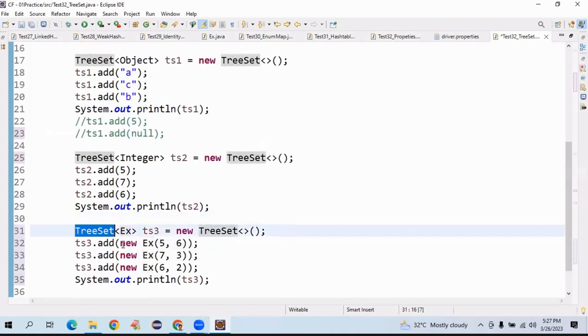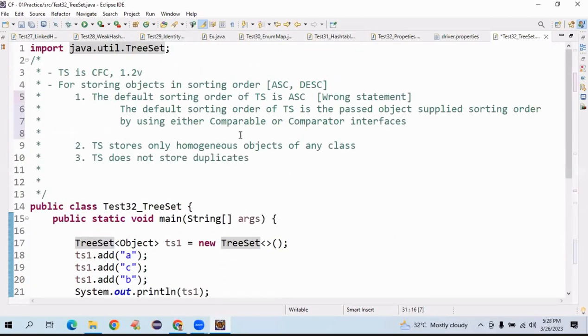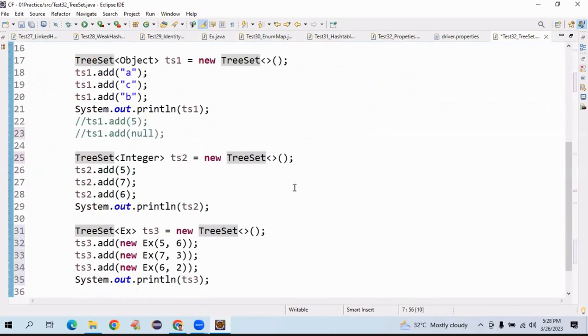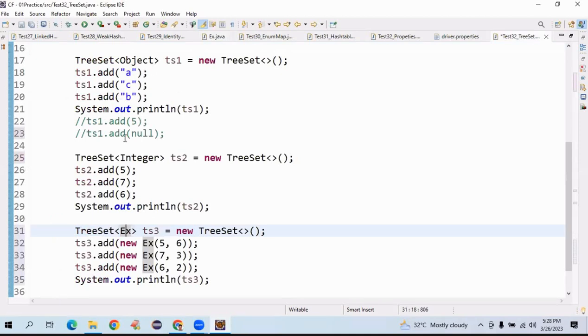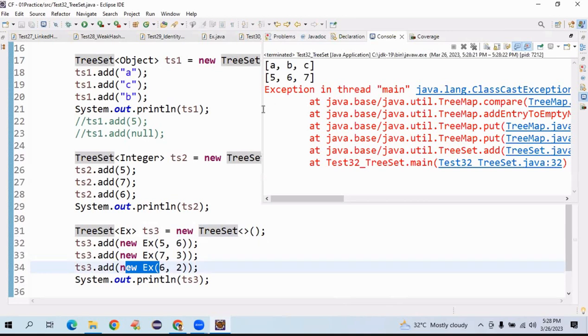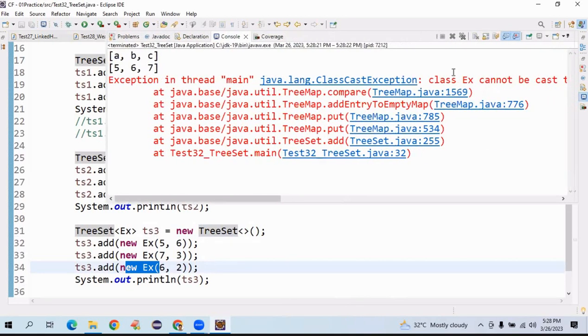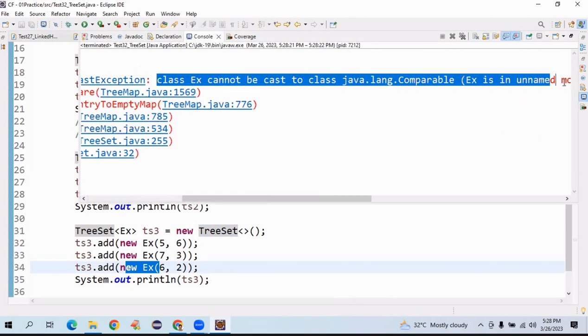TreeSet will not directly store the objects on its own. TreeSet internally uses two interfaces. What are the two interfaces? Comparable and Comparator. Now observe, is the example class implementing the Comparable interface? No. Because it is not implementing Comparable, can TreeSet sort example objects? No. Because it doesn't know in which order it can sort, we will get an exception. Look at that, ClassCastException. TreeSet is throwing an exception. Class example cannot be cast to